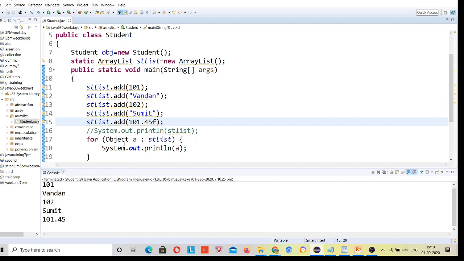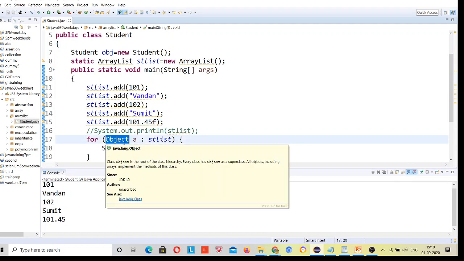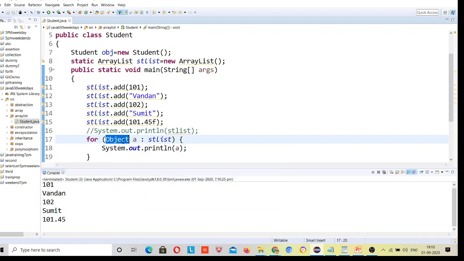It printed it. You don't need to care about what type of the class is, right? Just pass the object, which is the super for all. It will consider all types of data, right? But if you know, then prefer that, just like I have shown with the string. If you knew that only string data is added to it, just write it as a string like I have shown to you.